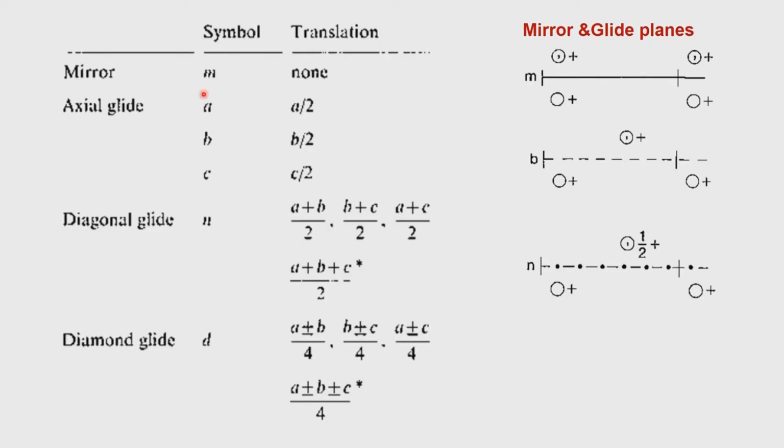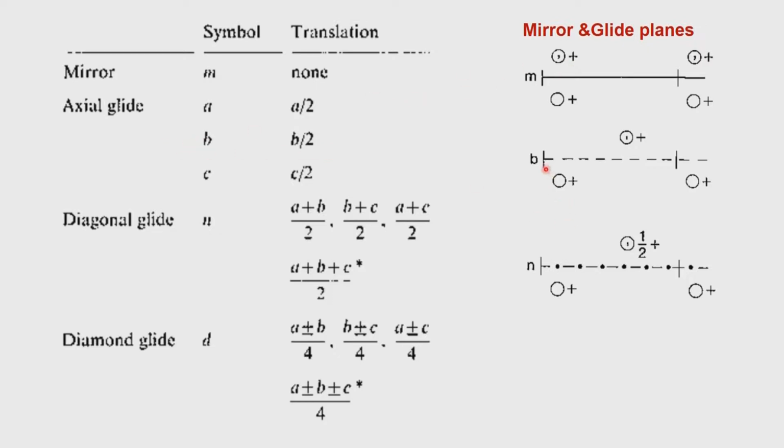It does not matter whether it is an A glide or a B glide or a C glide, it is along the axis. The only thing which we have to remember is that the mirror reflection occurs perpendicular to the axis of rotation. So, the axis of rotation either is with A or with B or with C. When we talk about monoclinic systems, the axis of rotation is always B unless otherwise specified, because we take the unique axis as the B axis.